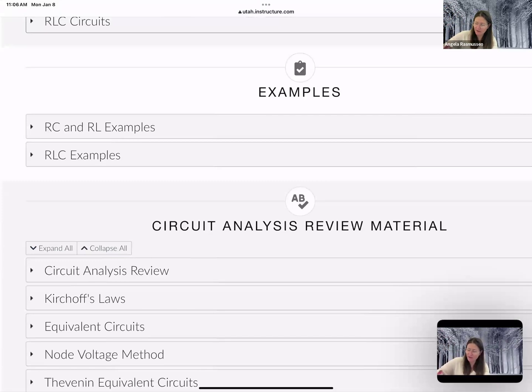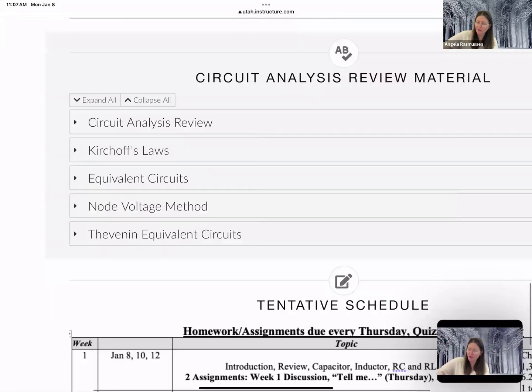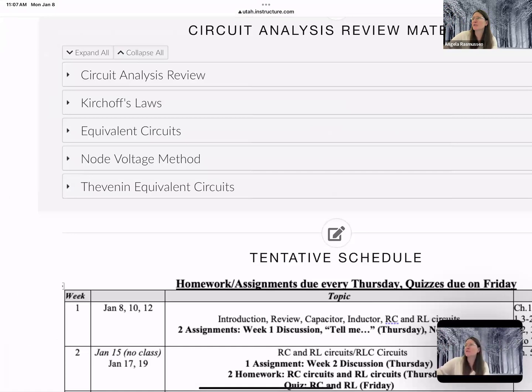In this section, I have all the examples, and then I also have links to previous review material, which is going to be circuit analysis techniques. So you're going to need to know very surely KVL, KCL, and node voltage. And I love node voltage. So we're going to see node voltage, node voltage, node voltage. It's going to be pretty much how I solve every single circuit. So understanding that technique,